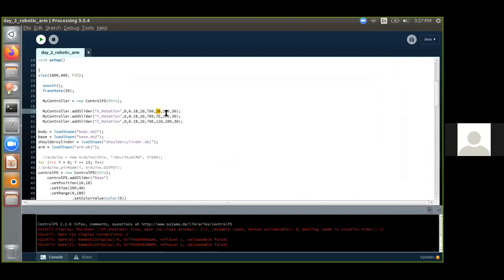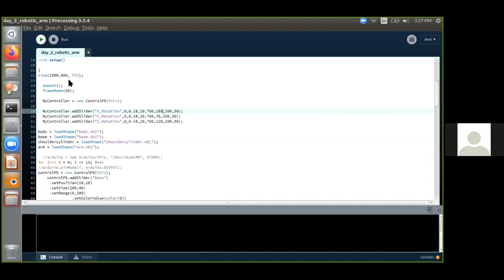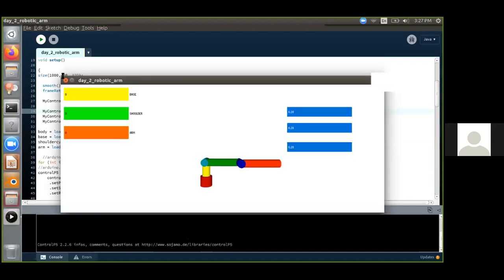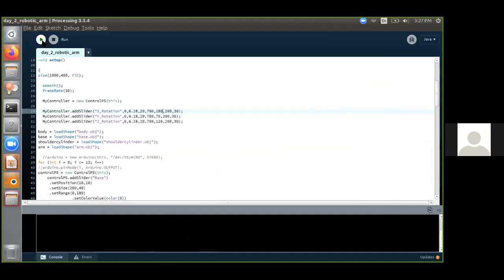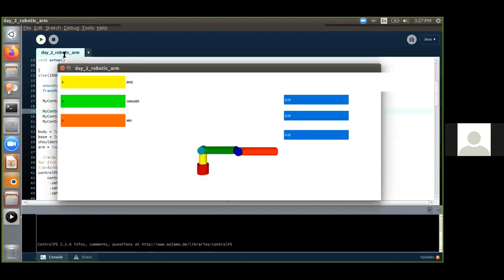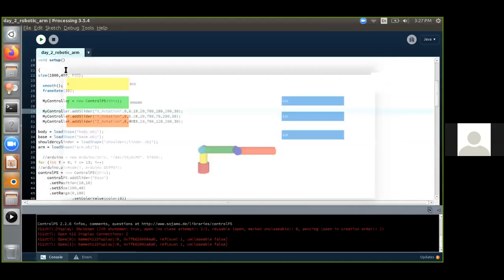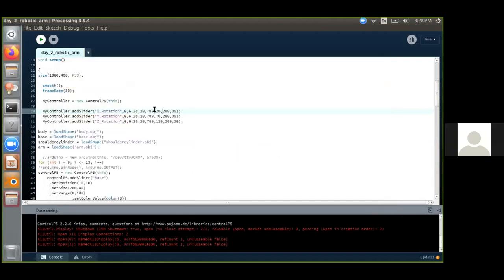For example, if I change it to say 70 or more than 70, say 180, and I give run, that x-axis would have been displaced by a certain value. So you have to be careful while declaring this.